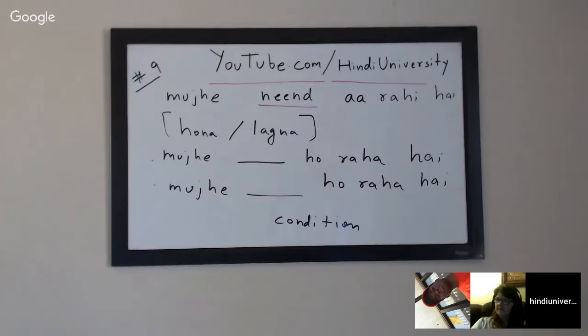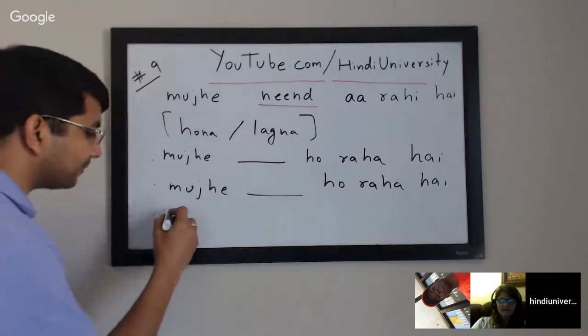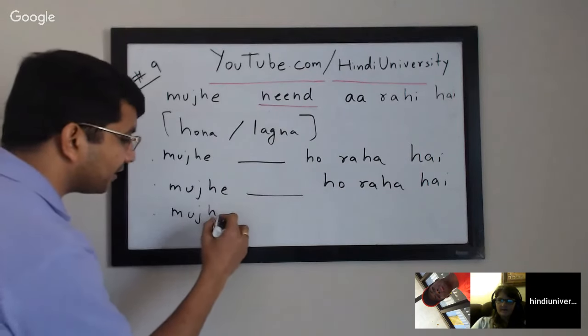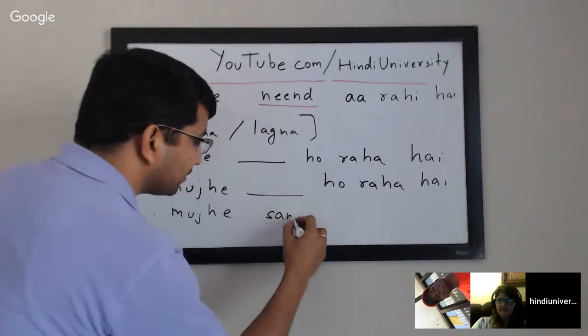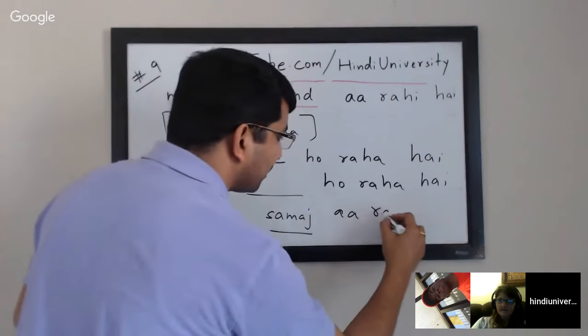Very good, right? So that's Annie. She used a very good example. मुझे समझ आ रहा है, right? So again, when you are understanding it, right? You can say another example here. मुझे समझ